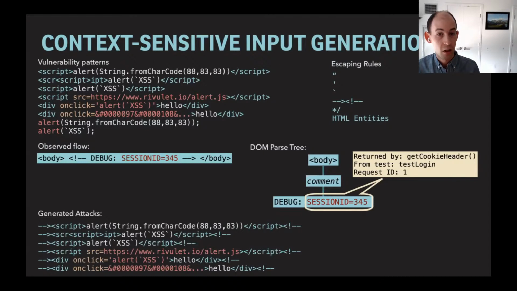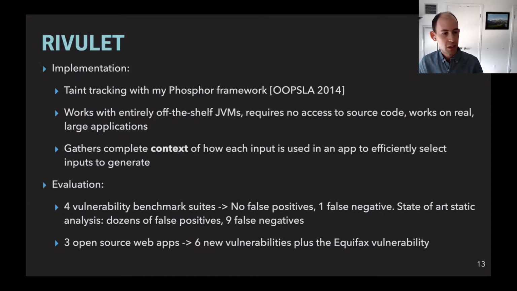For instance, in the example that I showed briefly on the past slide, Rivulet could identify that the session header is flowing into an HTML comment. It doesn't need to try to break out of every kind of comment. It knows that it needs to just break out of that HTML comment, and it knows how to do that and do it quickly. We implemented Rivulet using our existing dynamic taint tracking system, Phosphor, which works entirely with off-the-shelf